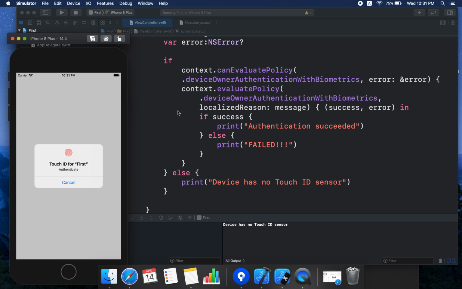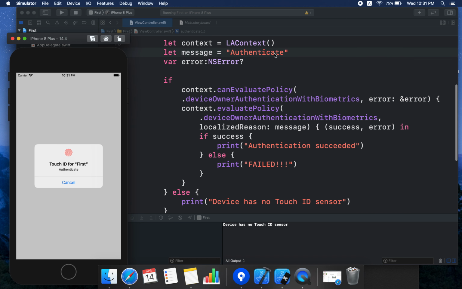So login. Yes, once it has come inside the if block, I've started evaluating the policy. You see this line, context.evaluatePolicy. It is asking the user, and it has the message that I've typed. Now how do I simulate it?